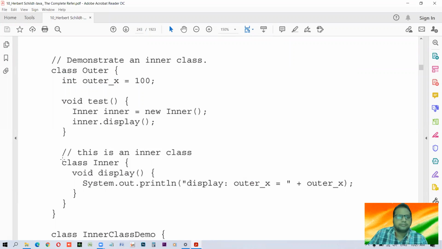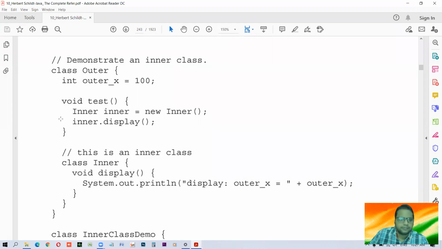It's made here. So the thing is, you look at the curly braces. This is the class outer whose curly brace begins here. This is the test function whose curly brace begins here and ends here. So this curly brace simply represents the end of this function and not the end of class. And that's why I prefer to put the curly brace in this area so that it is easy to see which curly brace the ending curly brace is for.